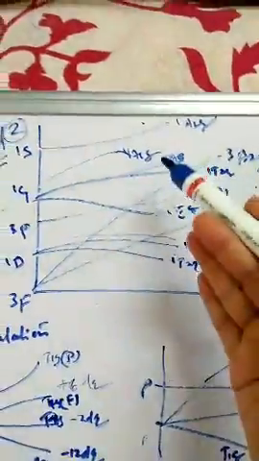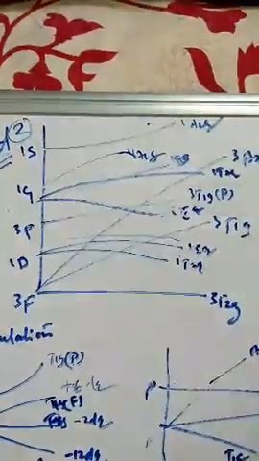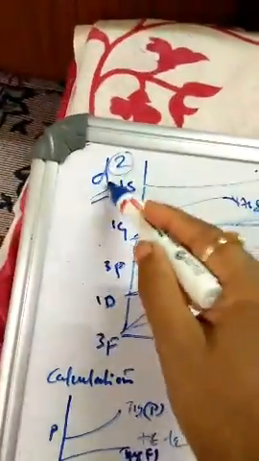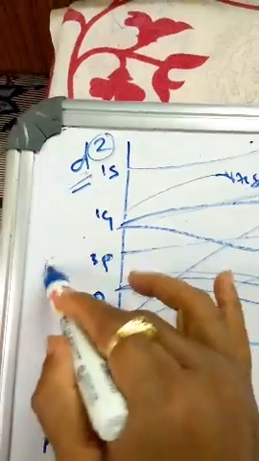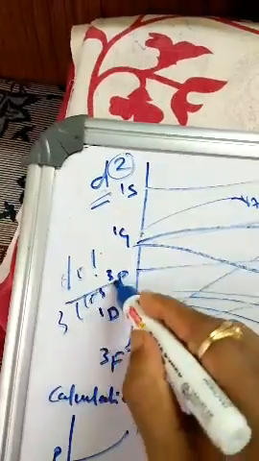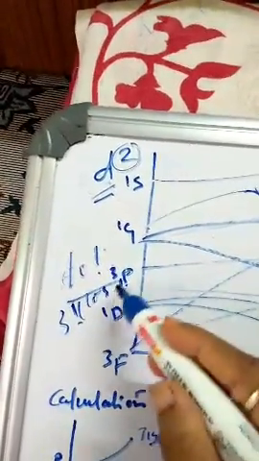Similarly, if you go for the d3 system, for d3 you again calculate the microstates here. So d3 means 10 factorial divided by 3 factorial into (10 minus 3) factorial. You just calculate how many microstates will come for d3. It will be around 200, plus or minus, it may come.